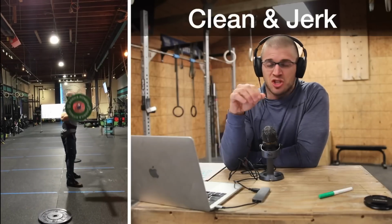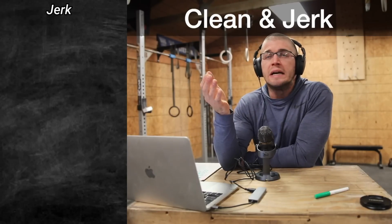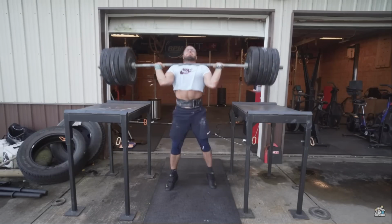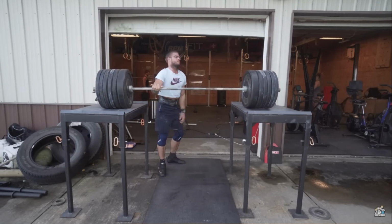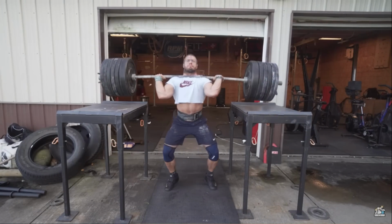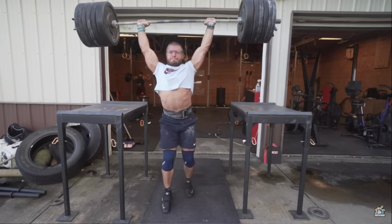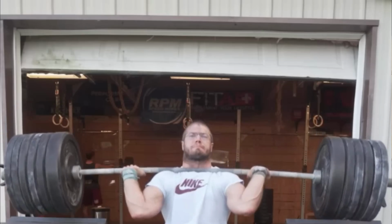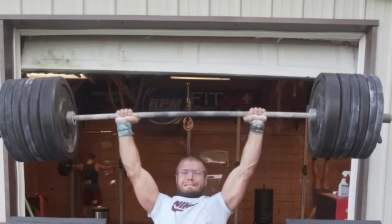So now let's go on to the jerk. So for the jerk, if you guys have watched me jerk my blocks over here, one thing that I do a lot of is I'm fighting against myself, which means when I do my dip, I do a real quick dip and I don't let the bar fully catch up. So what's happening is I do a quick dip and I go,